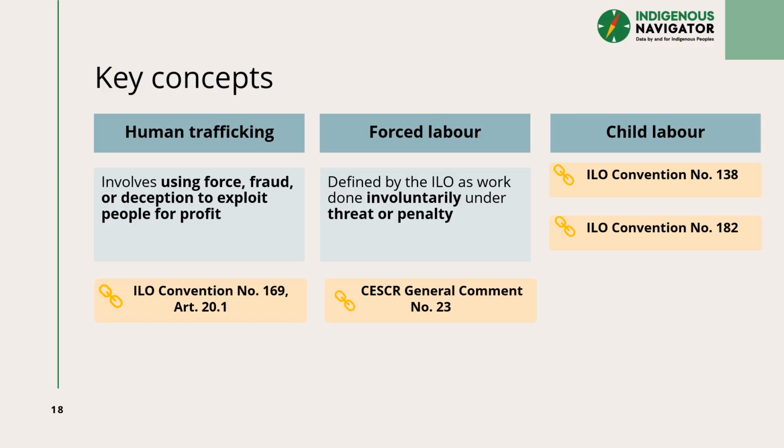Indigenous children face higher risks of exploitation due to poverty and discrimination, including in the worst forms of child labor. States must protect children from economic exploitation, which is also stated in the Convention on the Rights of the Child, or CRC, in Article 32(1), and take legal and policy measures, as outlined in the Committee on the Rights of the Child's General Comment No. 16 on state obligations regarding the impact of the business sector on children's rights, especially when businesses are involved.